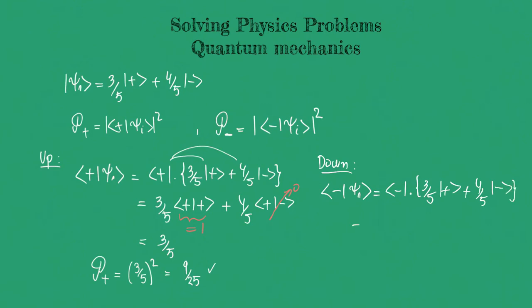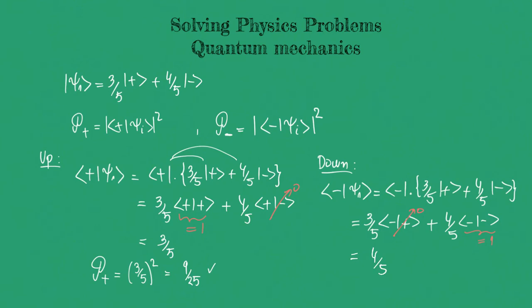So if we multiply term by term here, we have 3/5 bra minus ket plus, plus 4/5 bra minus ket minus, and as we discussed before, it should be equal to 0, it should be equal to 1, and we end up with